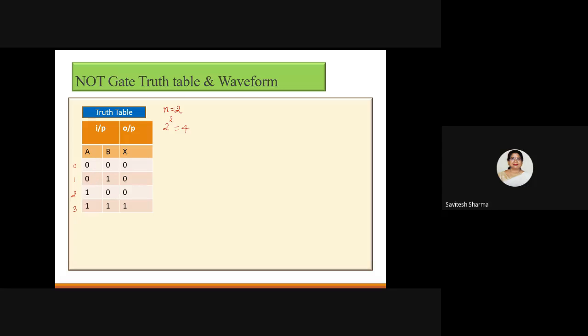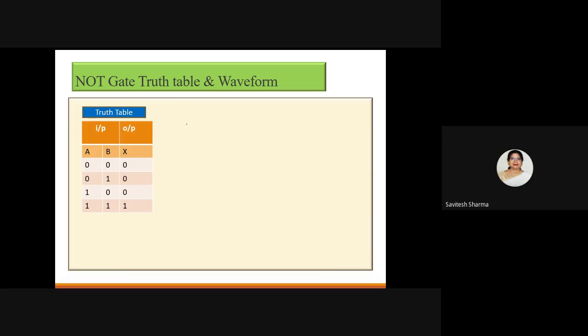Now how will I decide X? As this is a table of the AND gate, and I said that this is the condition that when all inputs are 1, then only you will get 1. Otherwise, for all the rest of the cases, you will get 0. This is the beauty of this gate, that whenever all inputs are 1, then you will get 1. So in a simple manner, I can explain it to you.